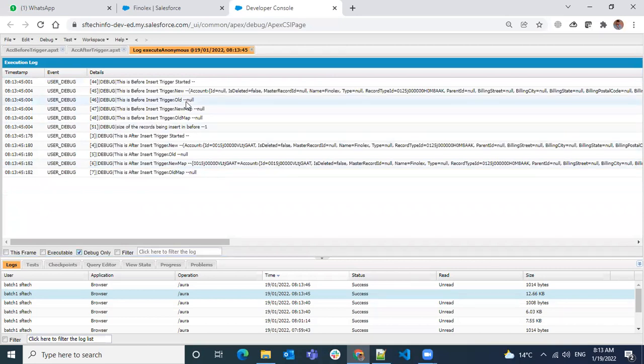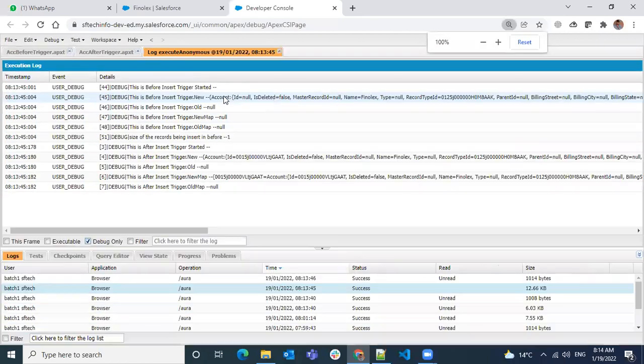If you observe here, even though I have two triggers, two triggers will be called when I save the record. The first one called is the before insert, where we have all null values and only the trigger.new context variable is available, where the Id value is null. Can you see my screen? Only the Id value is null, whereas